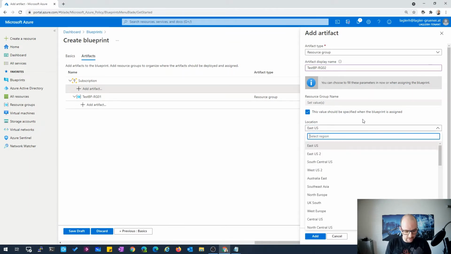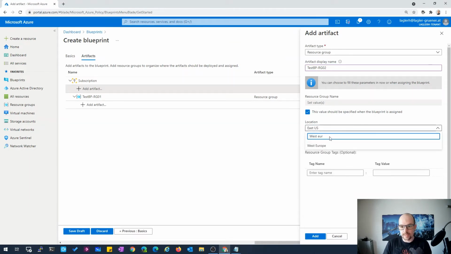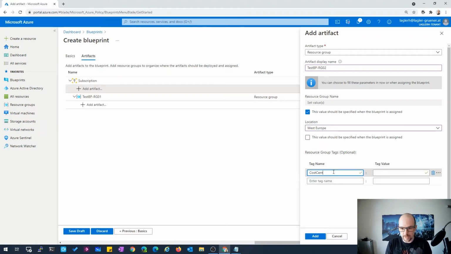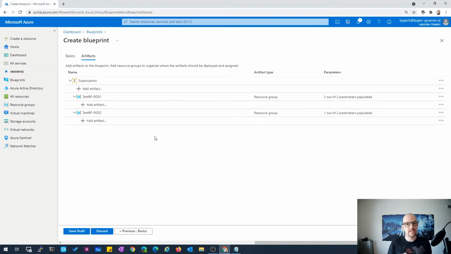In this case, I want to fix the location itself and also the cost center. Okay, great. So now we have a blueprint in place with two resource groups. It's okay, it's nice. So we want more.